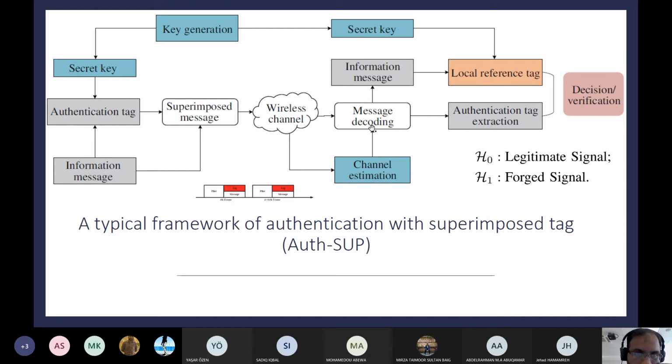We do a channel estimation step, and after estimating the channel, we decode the message, and based on this message and secret key, we make a reference tag to compare. Afterward we extract the tag from the message and compare it with the local copy. I want to mention here that this tag can be message dependent or just key dependent. It can be a function of both message and key, or it can be only a function of the message.